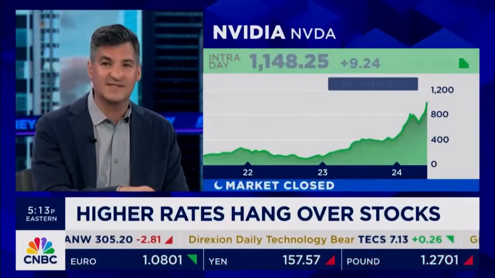NVIDIA, Tesla, Netflix, Meta, all down 75% from their highs in '21 to their lows in '22. Stocks like Salesforce got cut in half. I mean, I could go on and on. Amazon got cut in half. So the idea that it's so concentrated right now, and it couldn't happen again, seems silly because what are we just talking about?